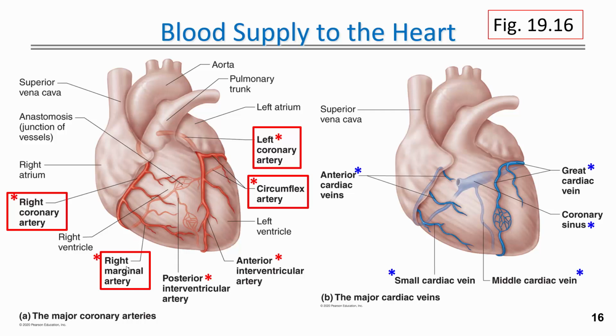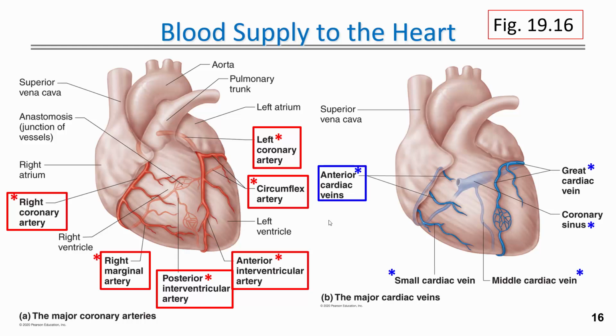So on the right hand side, we have what's called the right marginal artery, the posterior interventricular artery, and on the left hand side we have what's called the circumflex artery and the anterior interventricular artery. And these blood vessels will supply oxygen and other nutrients to all of the tissues of the heart. Now, those cells will engage in metabolism and produce metabolic end products, including carbon dioxide. And that carbon dioxide enters the blood after a sufficient amount of oxygen has been removed to meet the